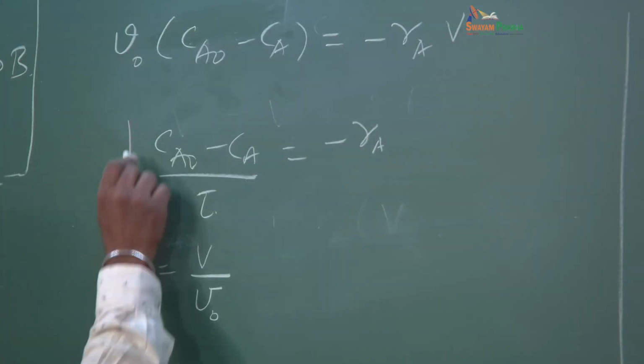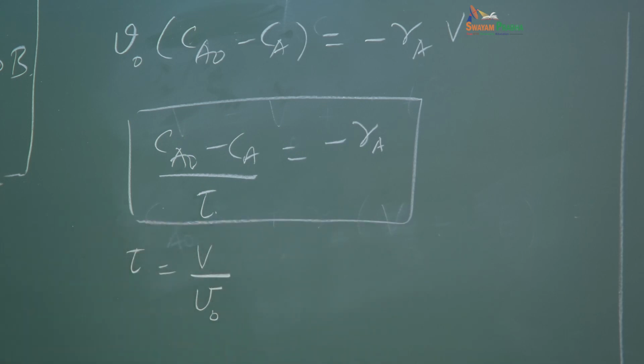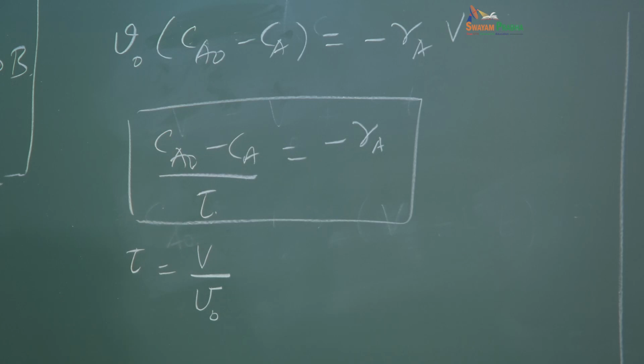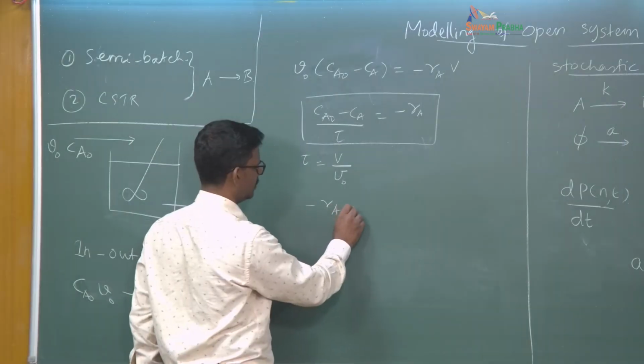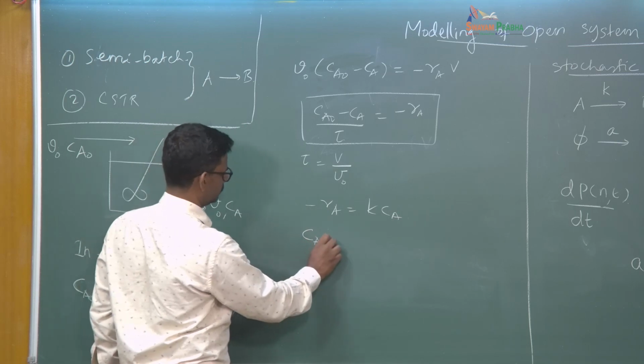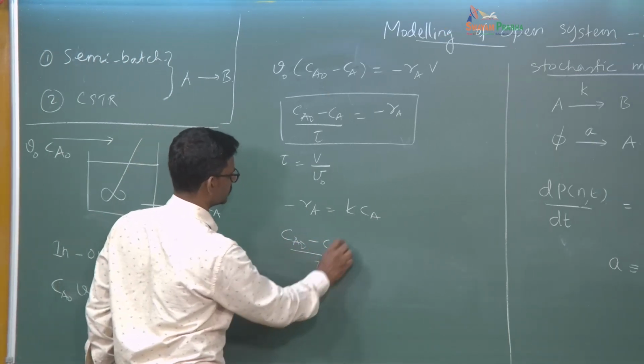So this is the design equation for CSTR. Now you can substitute for minus RA as KCA. Okay, so minus RA is equal to KCA. Substituting it here,